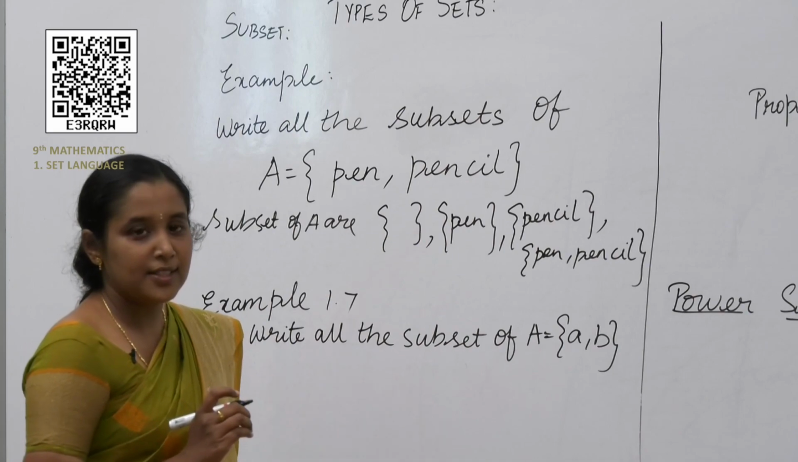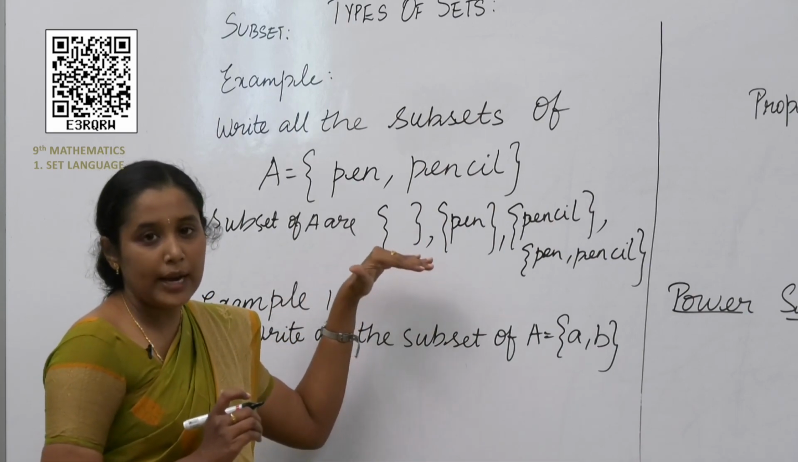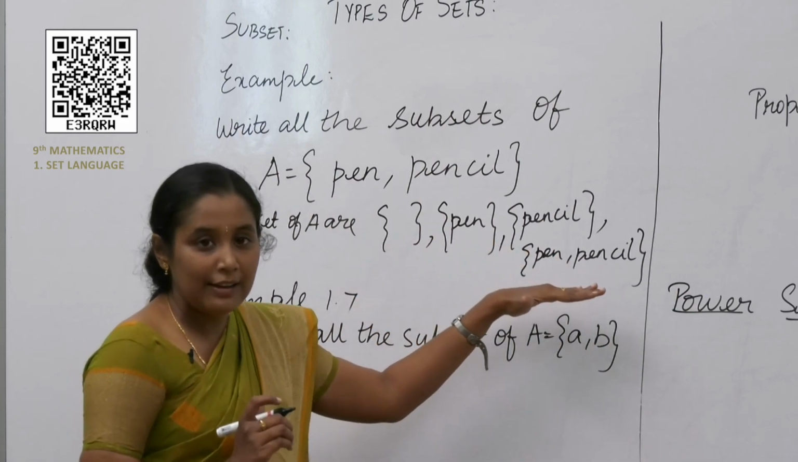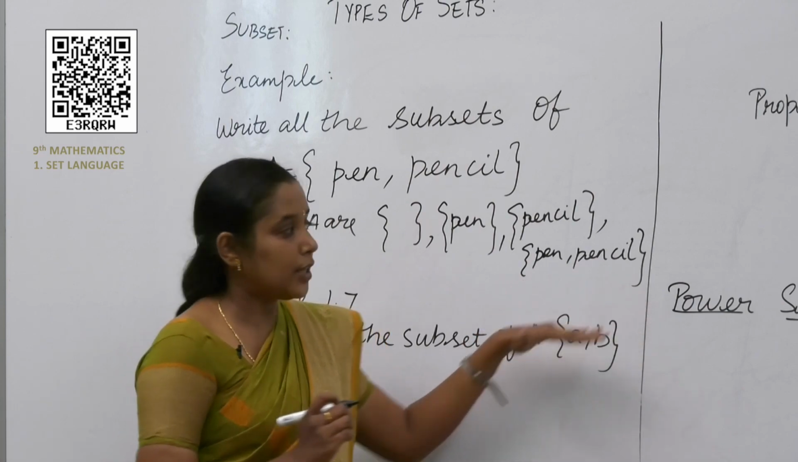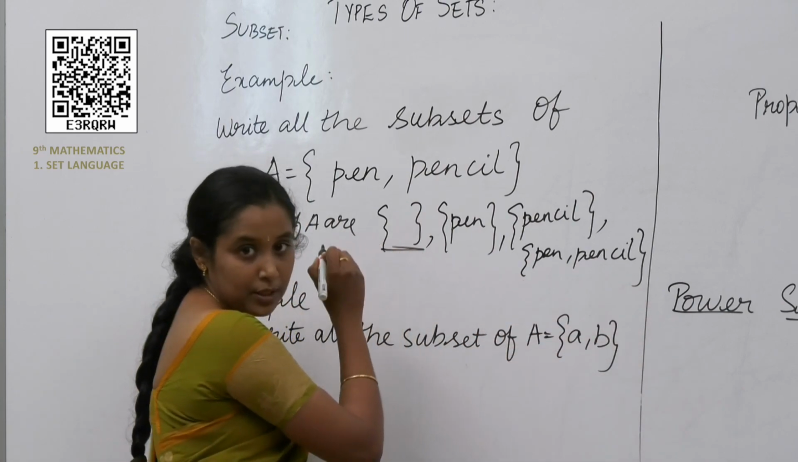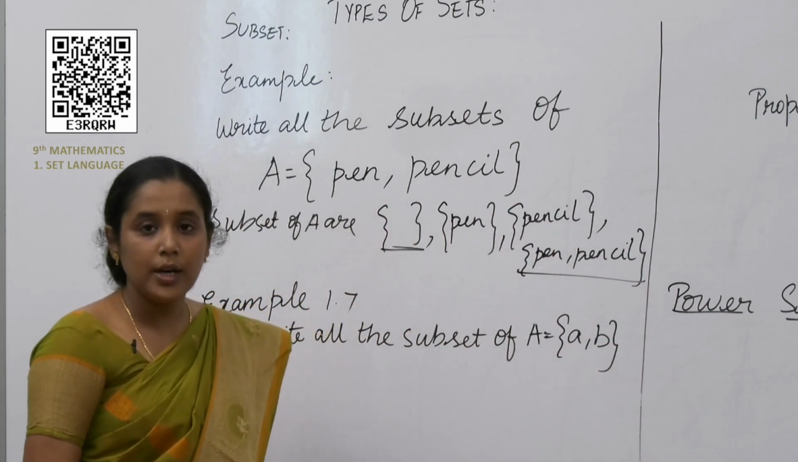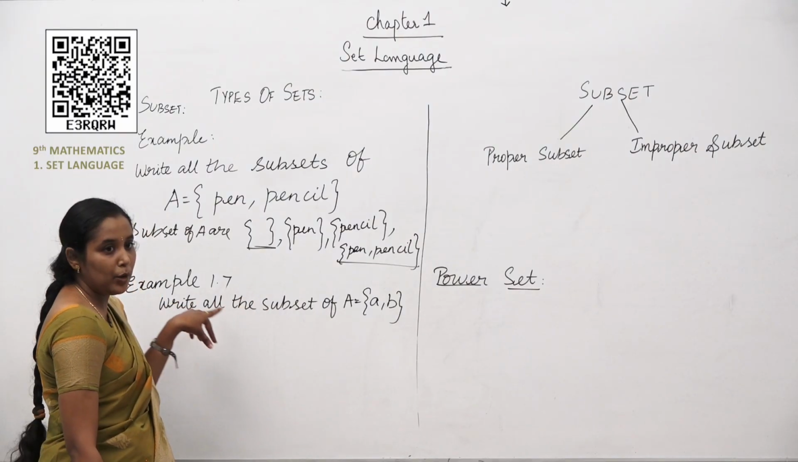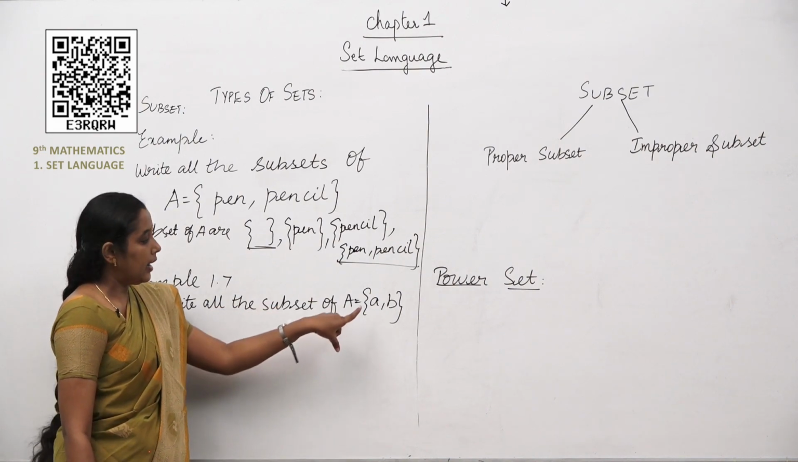From this what you can say is, empty set is a subset of every set. Next one, every set is a subset to itself. Empty set is a subset of every set and every set is a subset to itself. Have you understood? Next one, in example 1.7 from your book, write all the subsets of set